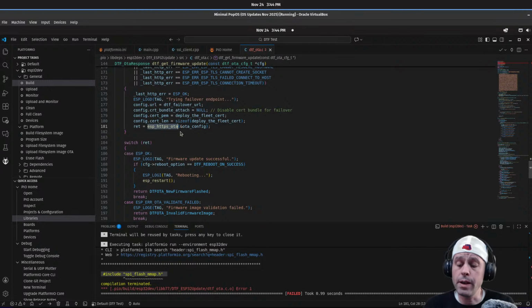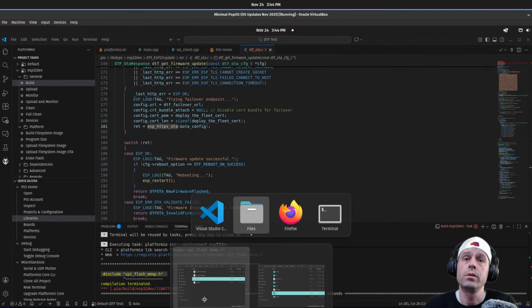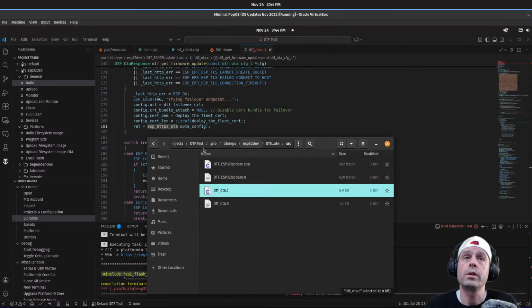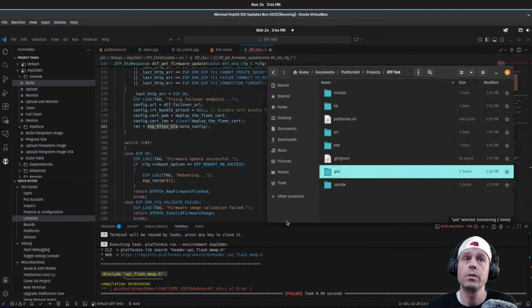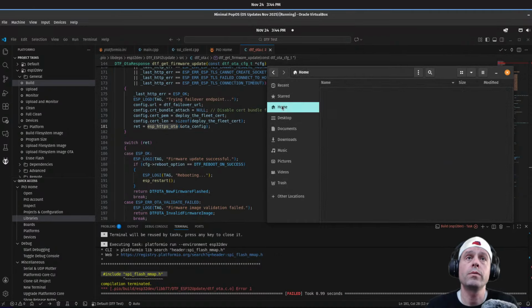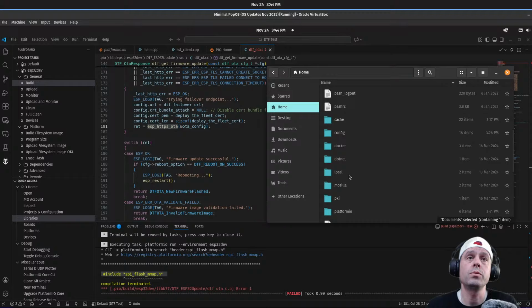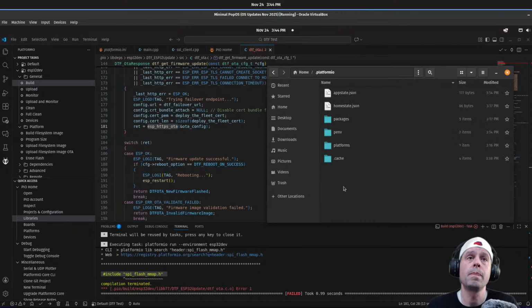Now, let's find that in our included library. So we're going to come back. This is not the right folder. Okay, let's come back over here to home. Let's come down to PlatformIO. It's platforms, it's expressive. Nope, I'm doing the wrong thing again.